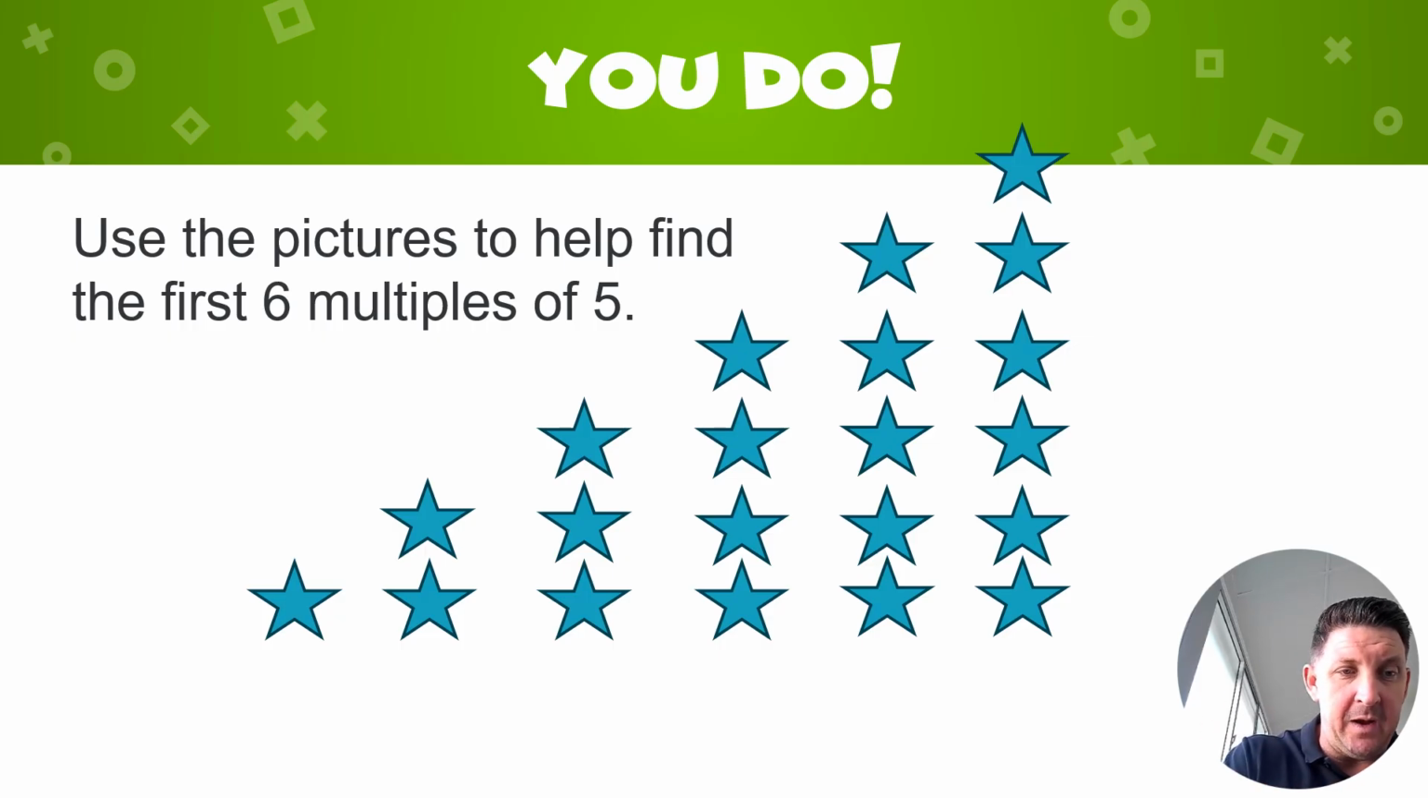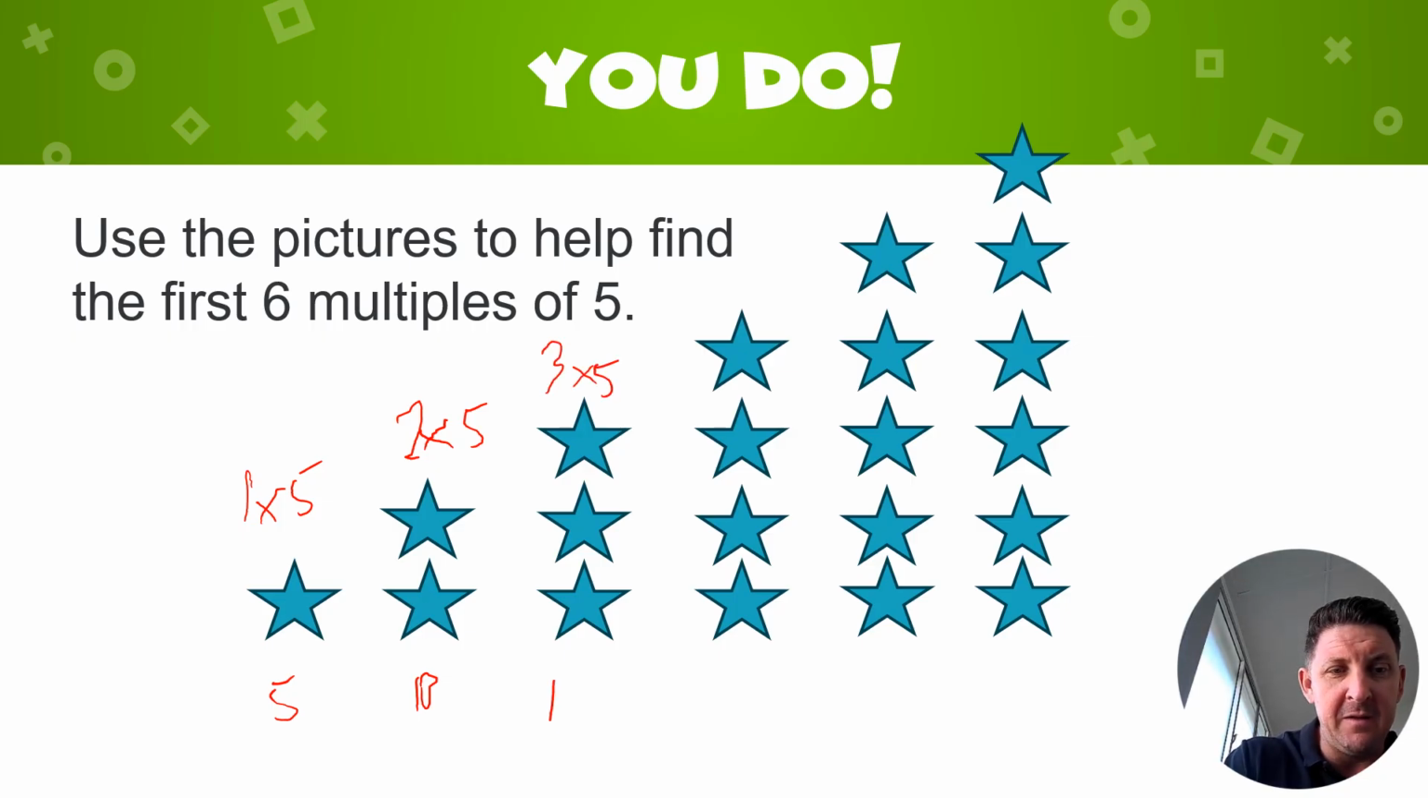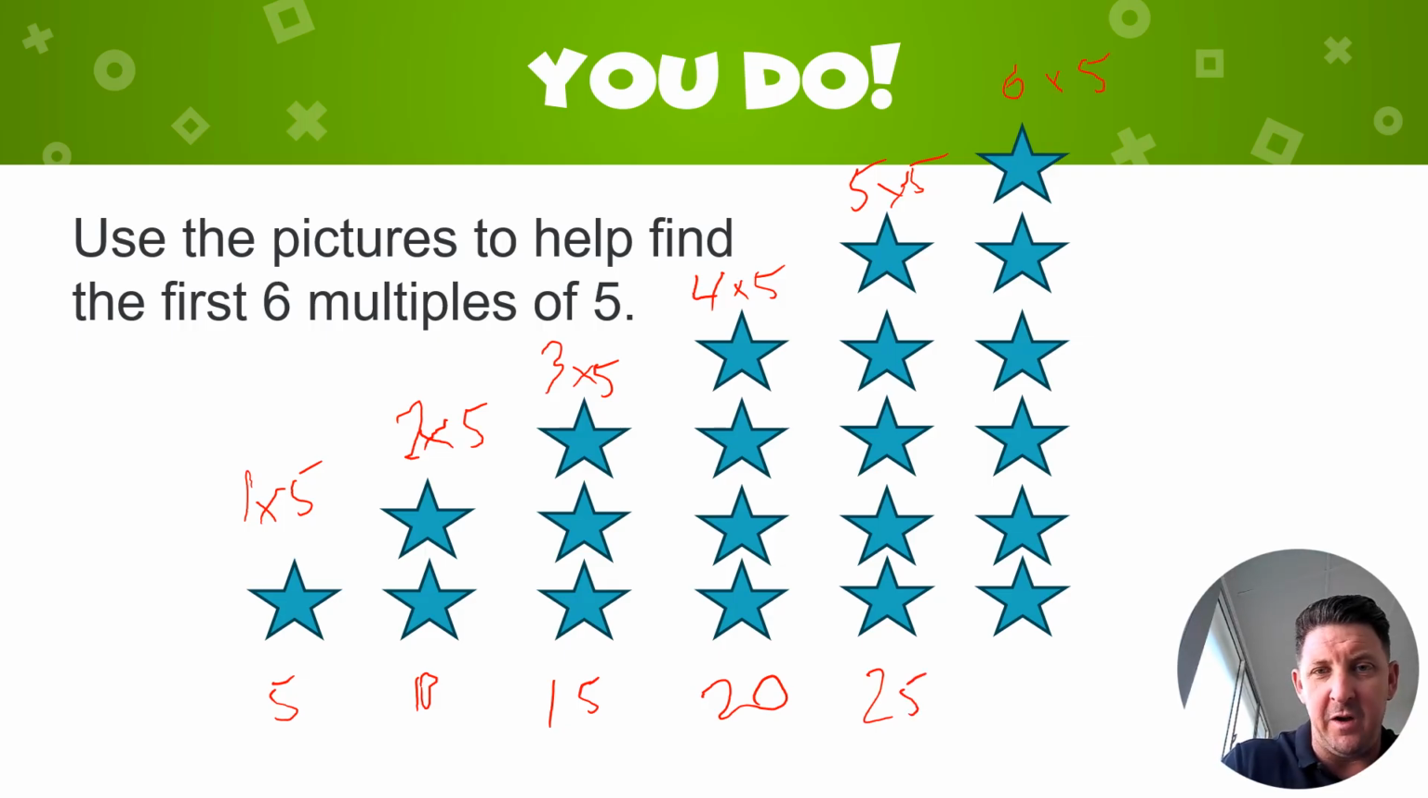Okay, let's check and see how you went. 1 star, 5 points is 5. 2 stars, 5 points is 10. 3 stars, 5 points, 15. 4 stars, 5 points, 20. 5 stars, 5 points, 25. And if you have 6 stars and 5 points, you would have 30. If I then keep going on, I would have 35, 40,